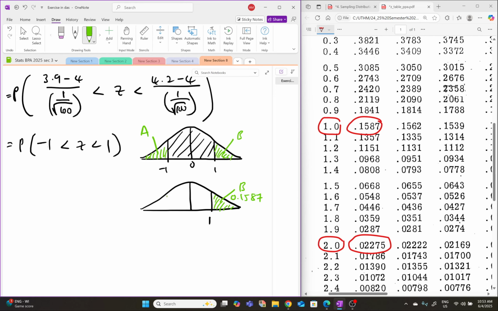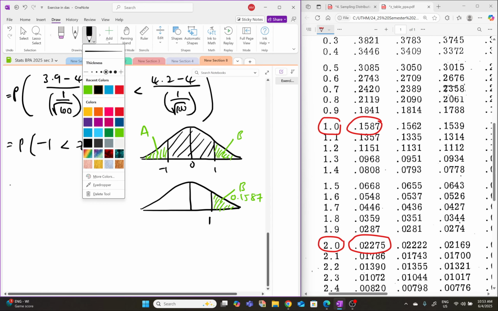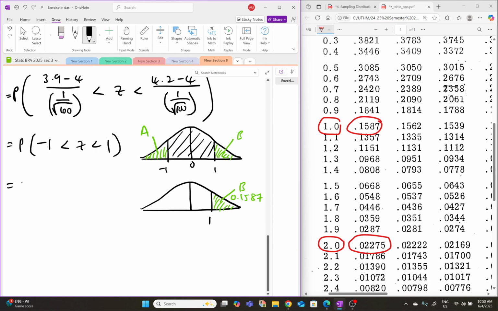Area B also same. Okay, so we just multiply by 2. So if I want to find the area now, I told you the total area under the graph is 1 minus 2 multiply 0.1587, you will get